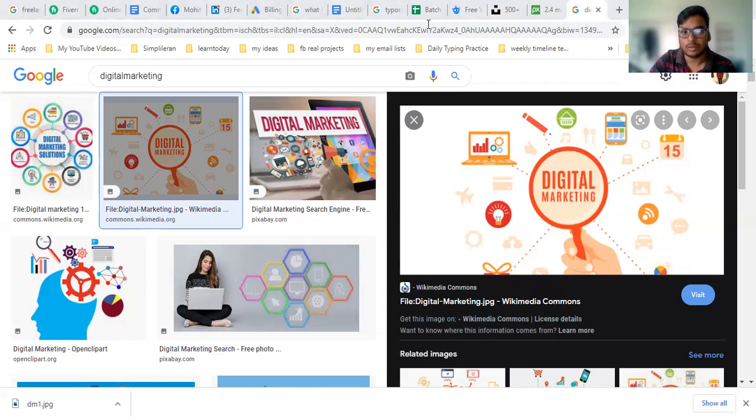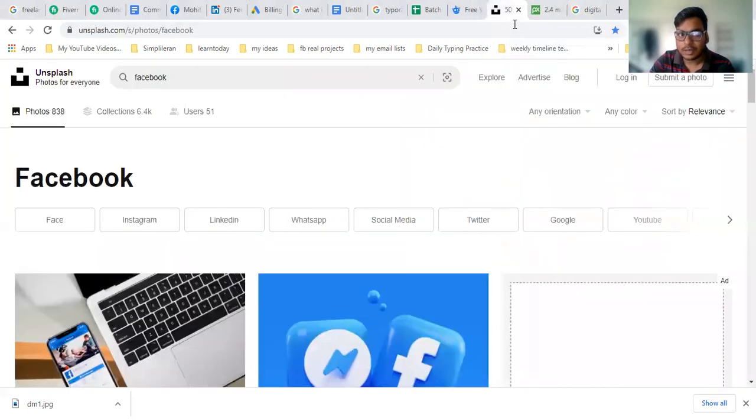And the second method is that there are many sites available on the internet which provide free images for you, so you can download from them. The first is unsplash.com.